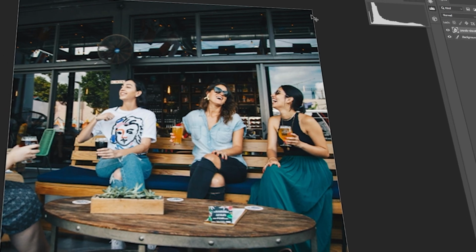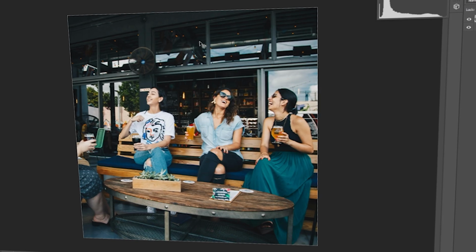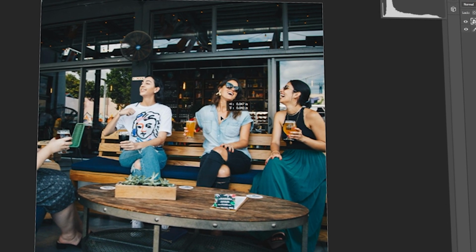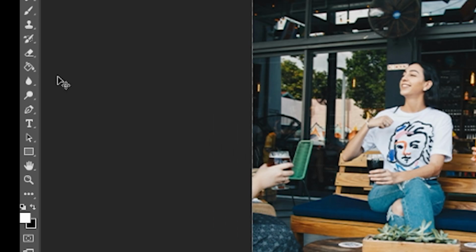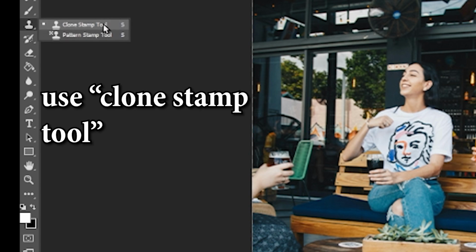This is how you can remove things in Adobe Photoshop, assuming you have a picture or an image that you would like to use. And let's say we would like to remove some things like this book on the table. Go to the left hand screen of your image, click on here, clone stamp tool or pattern stamp tool, or